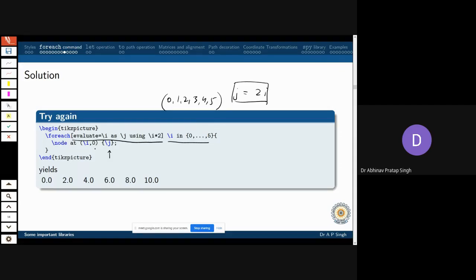So what all this arcane language will do is put \j equal to \i multiplied by 2. Therefore, these were the values of i. What will be the possible values of j? For every loop, they will be 0, 2, 4, 6, 8, and 10. So this is how you can achieve such mathematical results in the for loop.